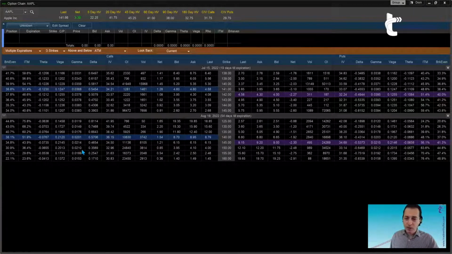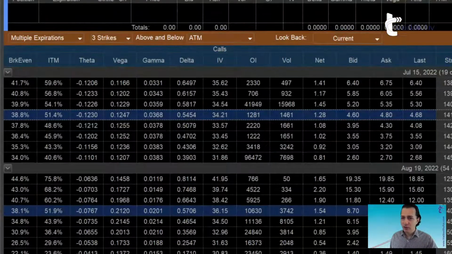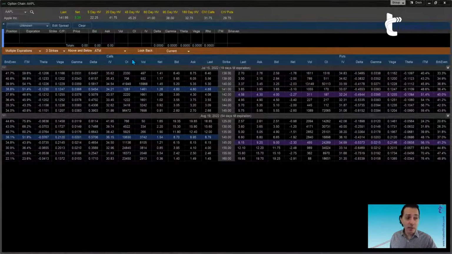Thank you so much. So anyway, since we are focusing on the bottom part of the screen, I would like to highlight the upper section here in the brown area, where we have multiple drop-down menus where certain selections can be made that would indeed change the option chain completely. And when I say completely, I mean completely.